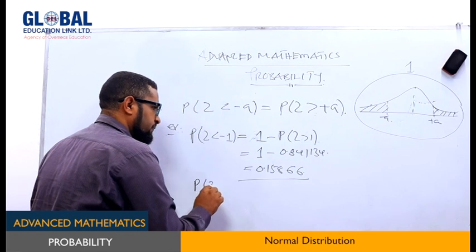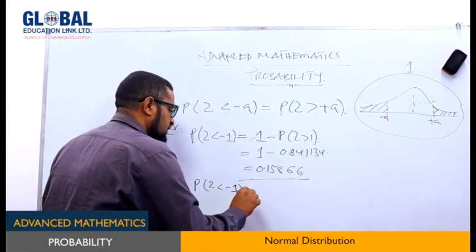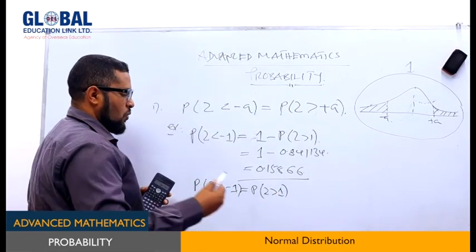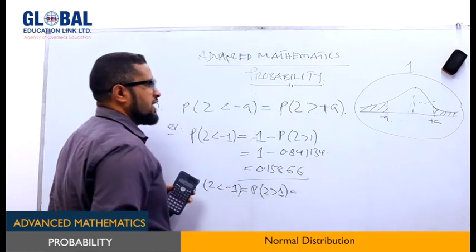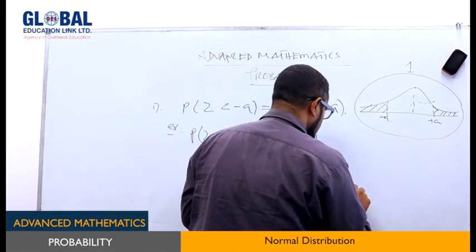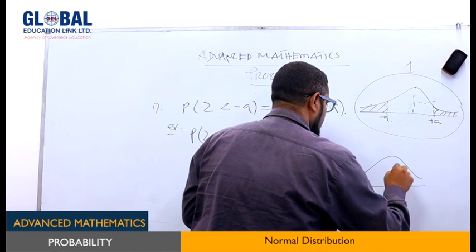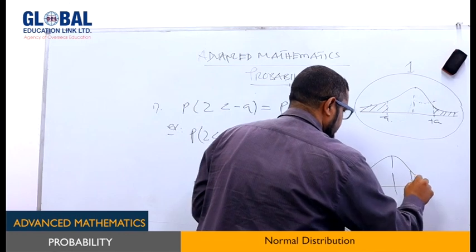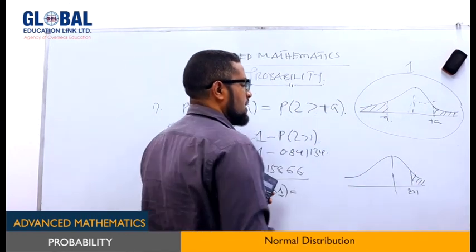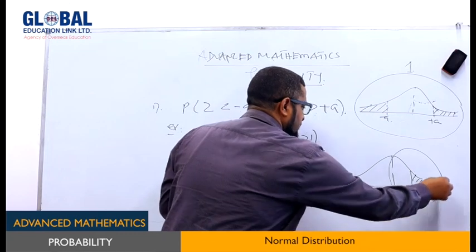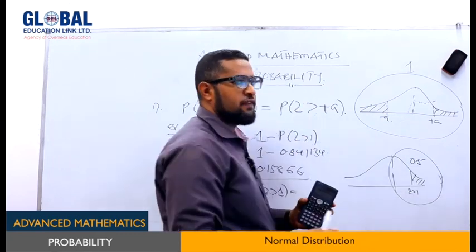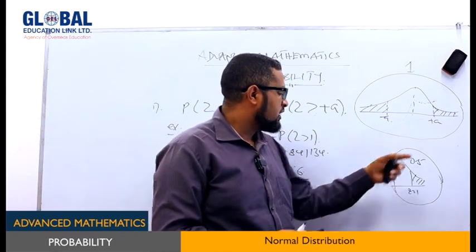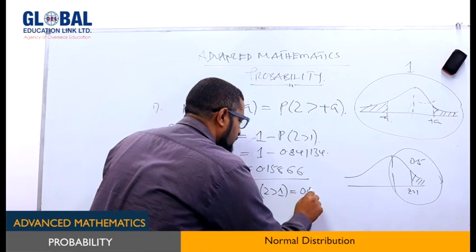But also you can use the fact that the probability of Z less than negative 1 is equal to the probability of Z greater than 1. What does it mean? When we say greater than 1, if we really draw the curve, this is Z greater than 1. It means that area. But remember, this part is equal to 0.5, the area in that part. So to obtain this, it's the same as taking 0.5 minus